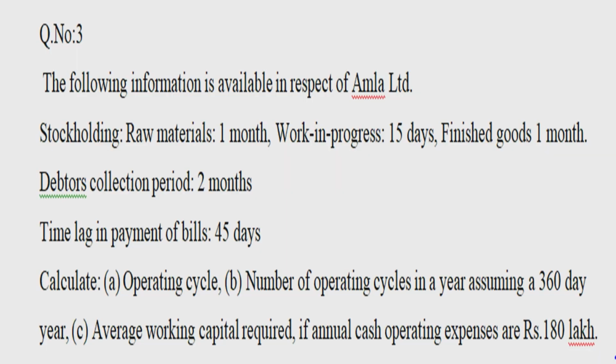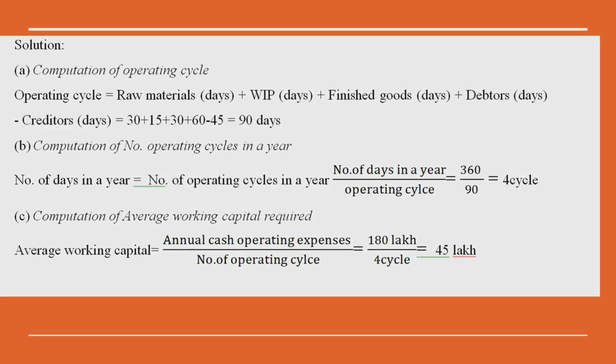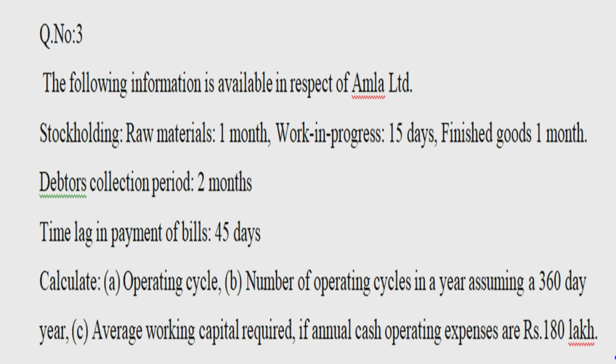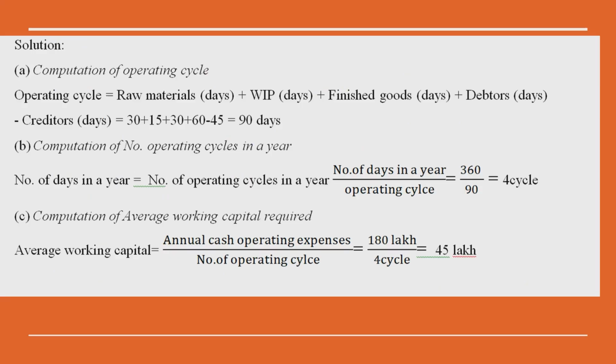And finally, they have asked you to compute the average working capital required if annual cash operating expenses are rupees 180 lakhs. We can find this with the help of the formula: average working capital required is annual cash operating expenses divided by number of operating cycles. Annual cash operating expenses given is 180 lakhs. So, 180 lakhs divided by 4 cycles equals 45 lakhs required by the company for the average working capital